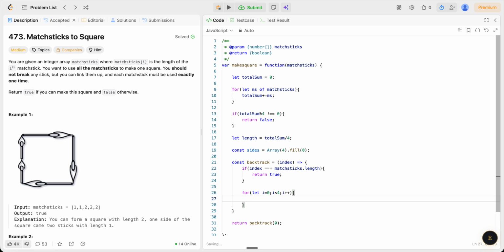and we will check if sides of I plus the current value we are at the index is less than or equal to length which we have computed. This length of the square side is what we have computed already. If this is possible, then we will add plus equal to,